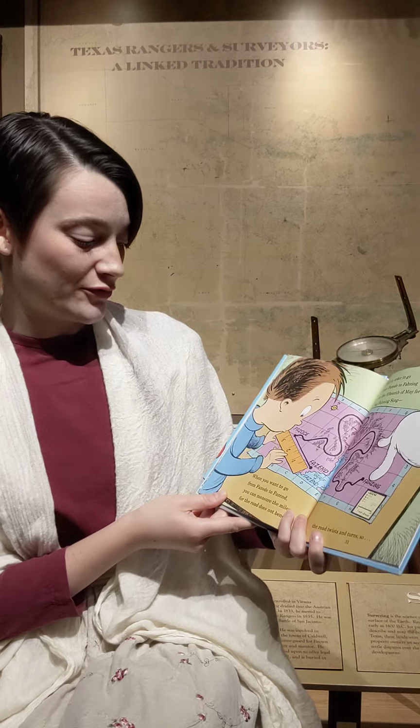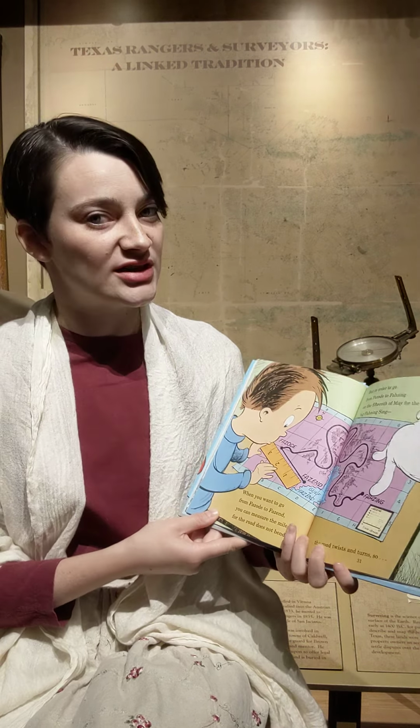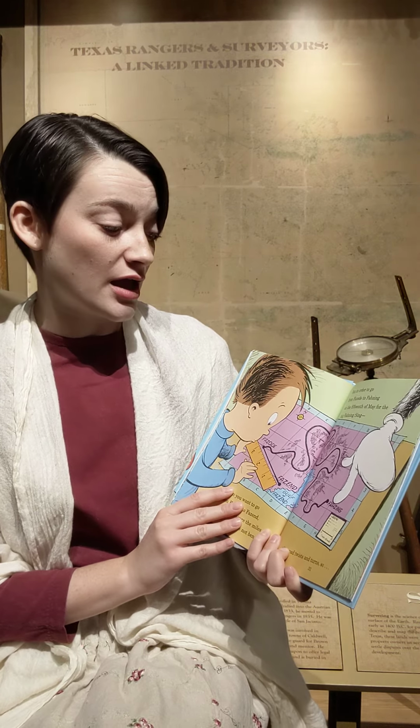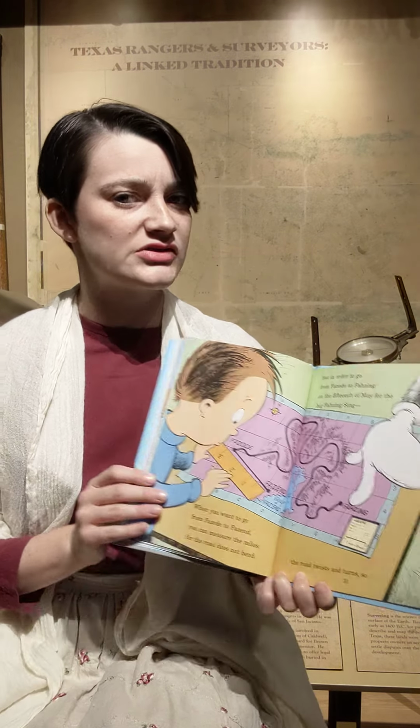When you want to go from Fazode to Fazend, you can measure the miles. The road does not bend. But in order to go from Fazode to Fazing on the 15th of May for the Big Fuzzing Sing, the road twists and turns. So,